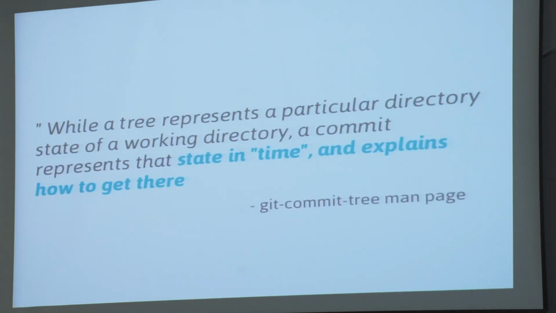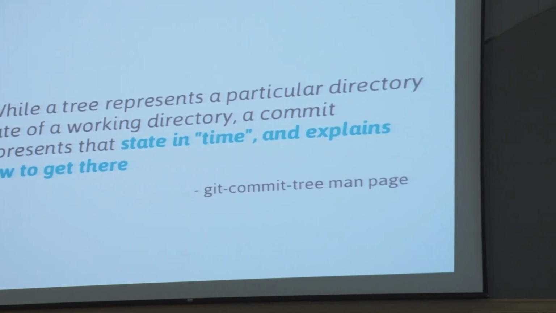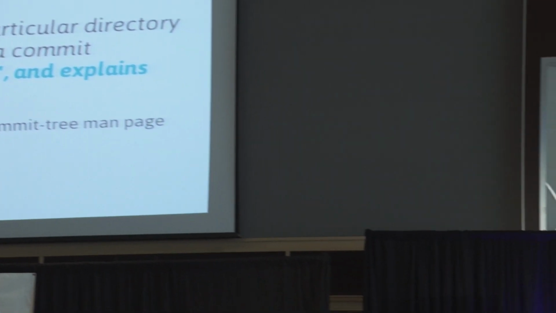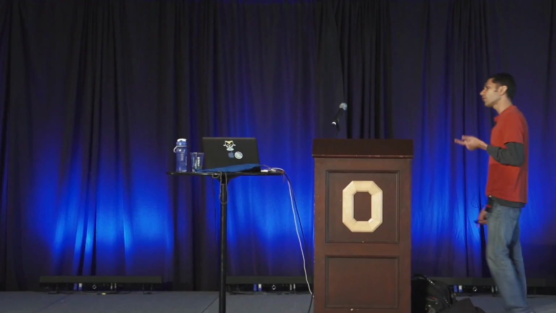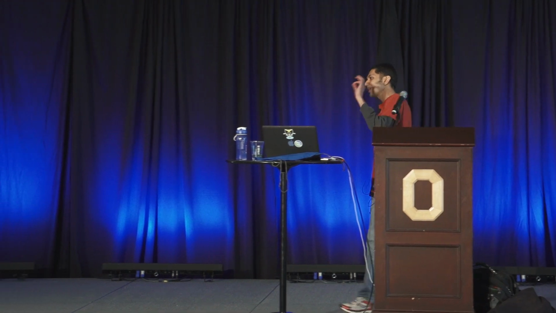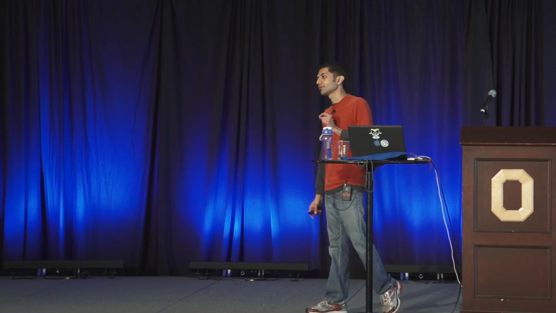So the thing to take away from here is a couple of things. But the most important one is a commit in Git is not a delta. It is the state of the working directory at a particular point in time. We know the time because it's recorded in the commit. We know who made the commit because it's recorded in the commit. We know the state of the working tree because we have a tree pointer. That tree pointer points to blobs and other trees. And we can recreate the entire directory structure by looking at a commit.